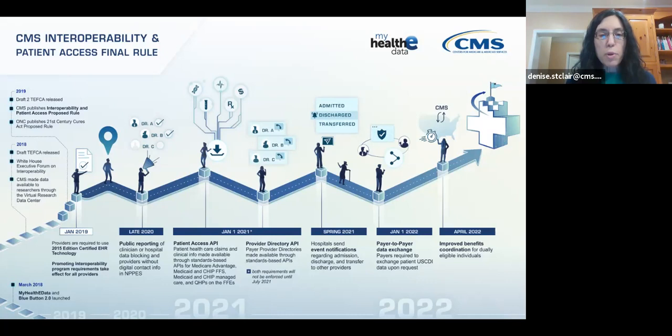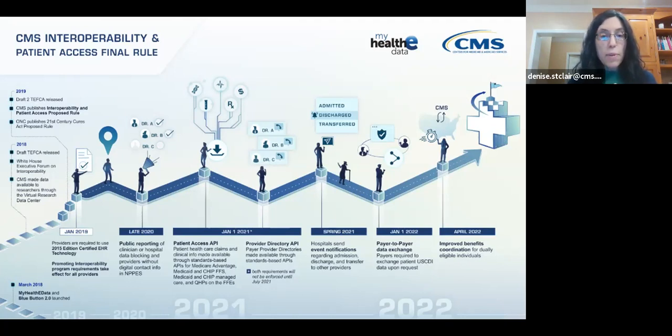But the two application programming interface policies finalized in the rule are both applicable starting January 1, 2021. We did make a recent announcement when the rule was published in the Federal Register on May 1st. We noted that we would be exercising 6 months of enforcement discretion, appreciating that the healthcare industry has a lot to deal with in the current public health emergency, and so that provides people with a little bit more opportunity, and we won't be enforcing the policies until July 1, 2021. But starting in January